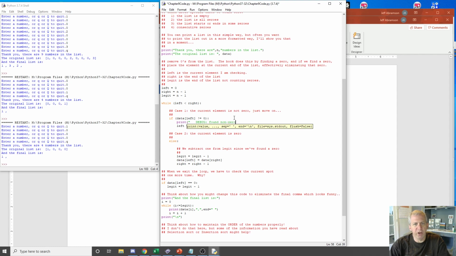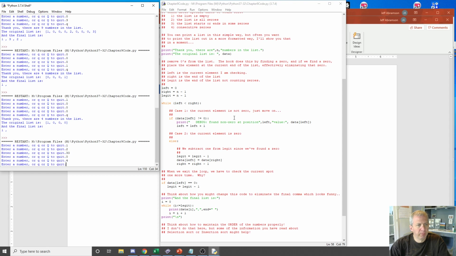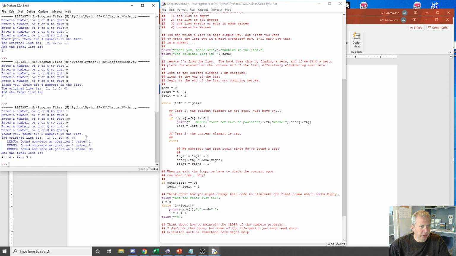Found non-zero at position left, value. Oops. Right? So this could help you,